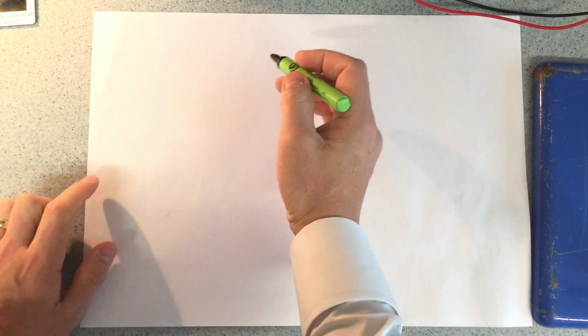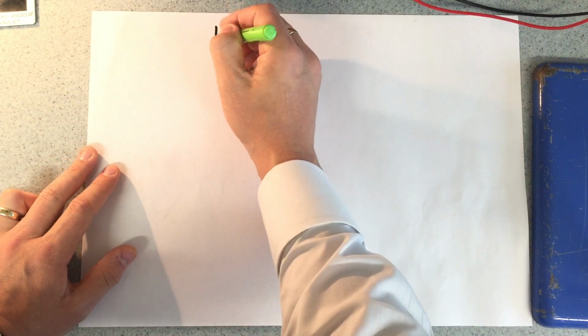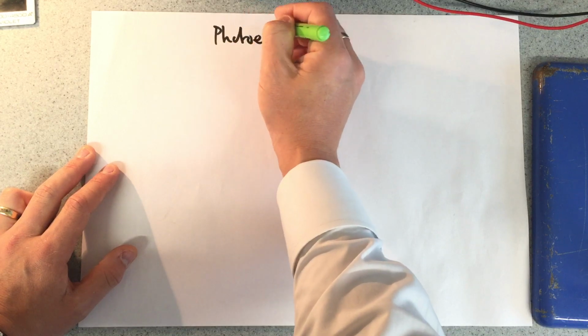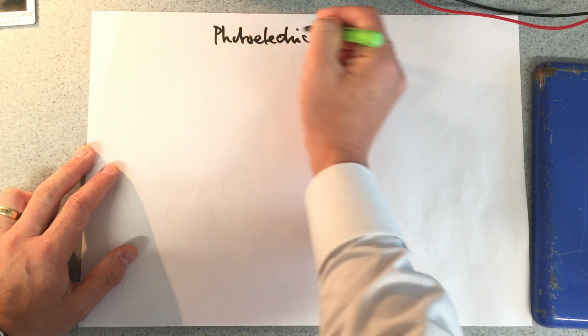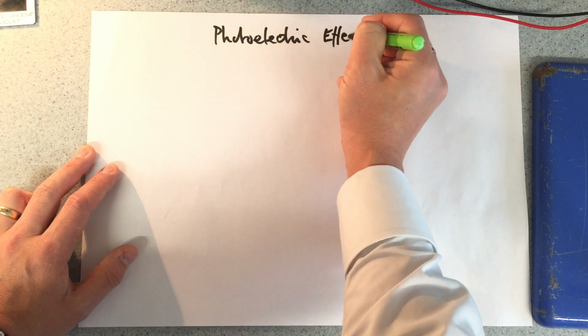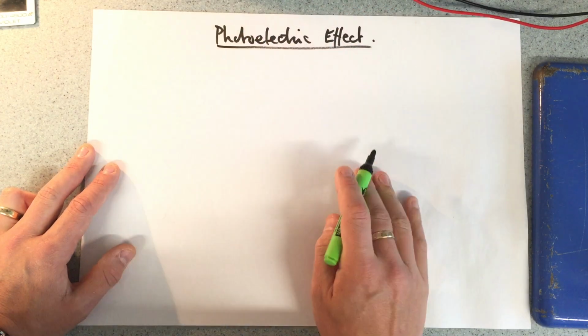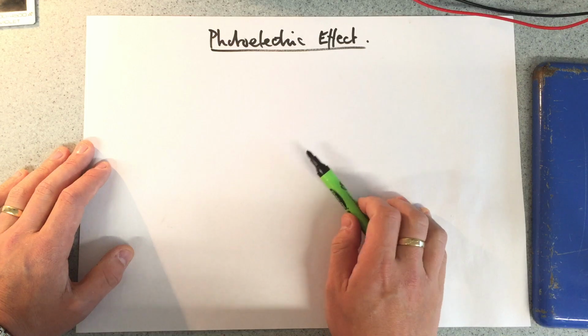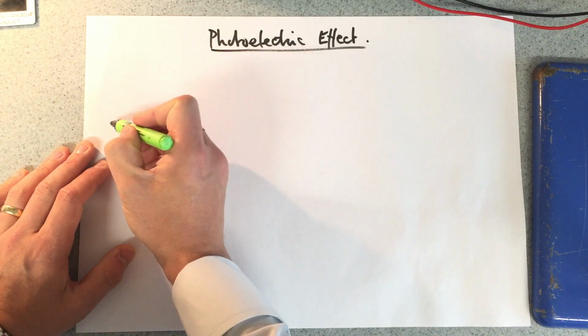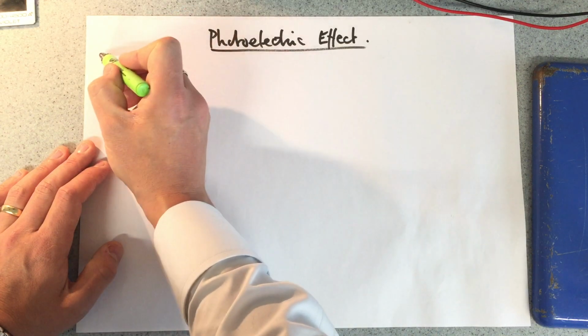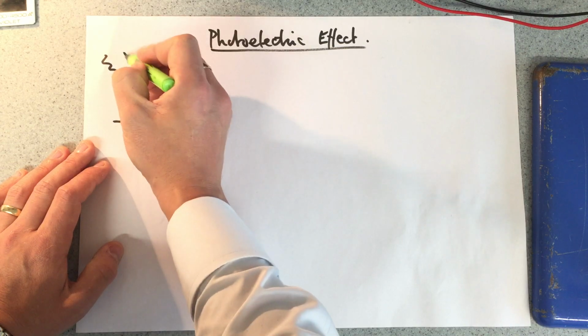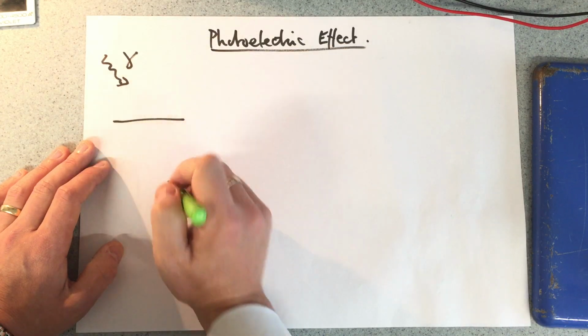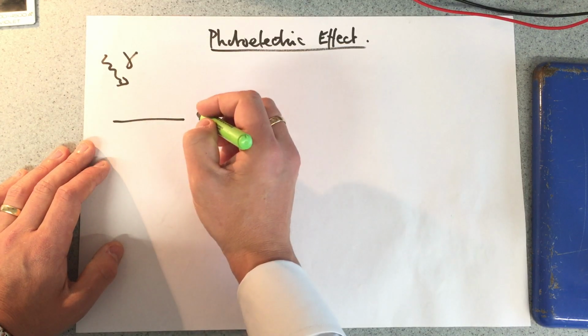Okay, here is an experiment dealing with the photoelectric effect. And of course, there's quite a lot of theory to understand here, so if you haven't seen the theory video, go and have a look at that first. However, what we understand by theory is that when a photon of light is shone into a material,